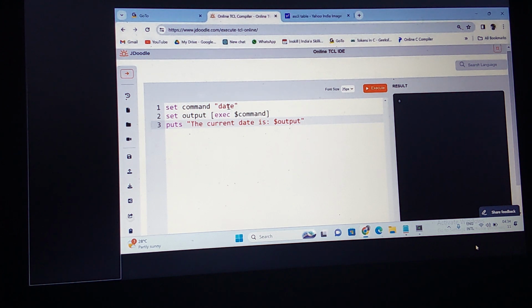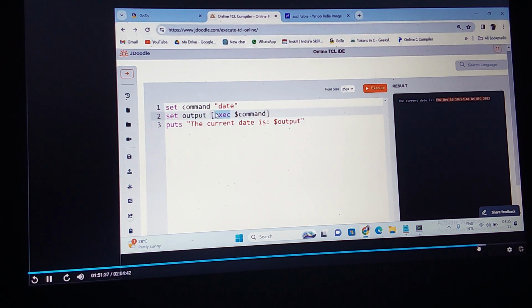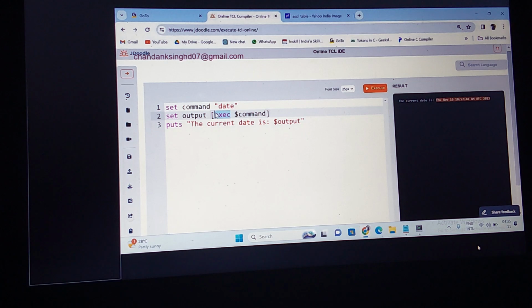So command is assigned into what? Date. Now $command is nothing but date. Now I am executing the date command. It is going to execute the command, then the date will be assigned into the output. Then I am printing the output of the date. $output is going to print the date. So this is the correct date. To execute these commands, what command should you use? EXEC. To run any technical commands, to execute them, I can use EXEC. To do the mathematical operation, EXPR. You can understand? So this is the one.